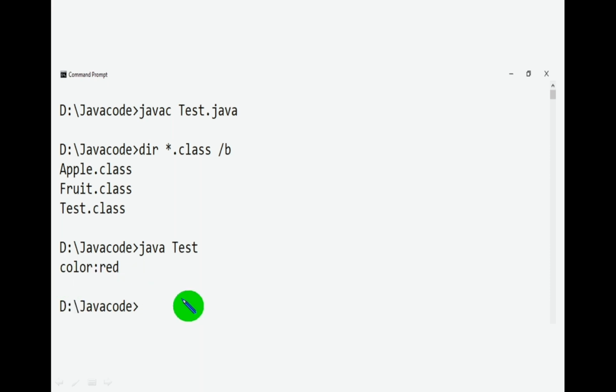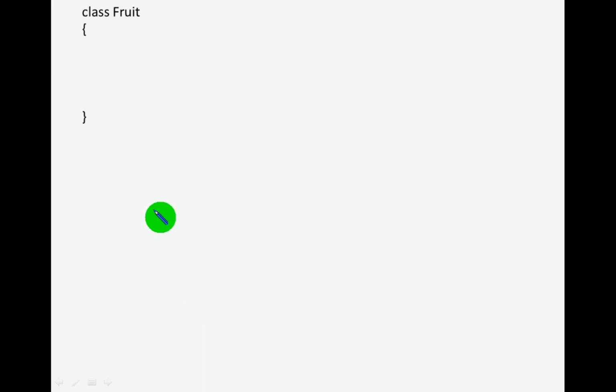Next we are going to invoke the superclass constructor. See this Fruit class. This is a superclass. Now we are going to define a superclass constructor. As we discussed earlier, this constructor name should be the same as what? Class name.